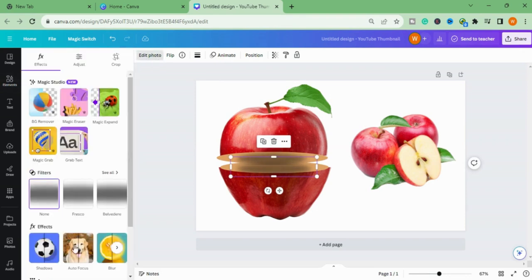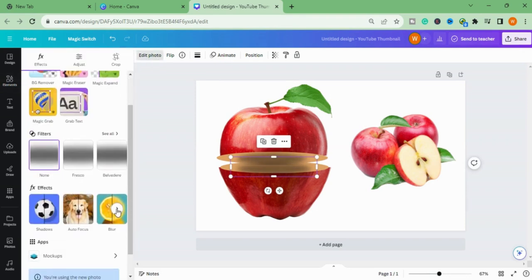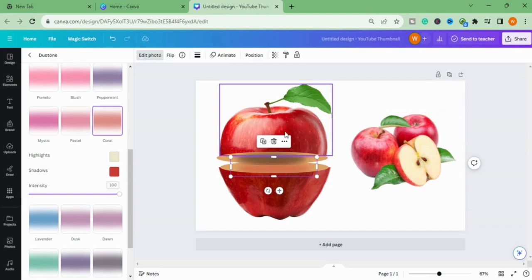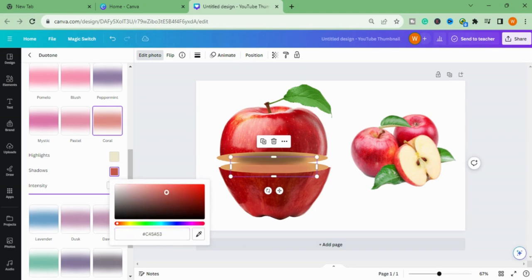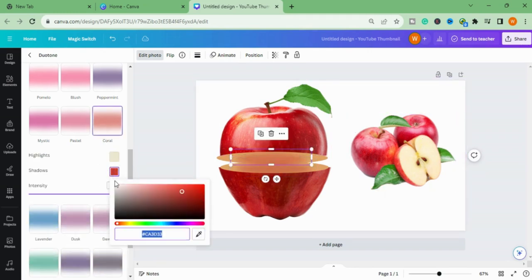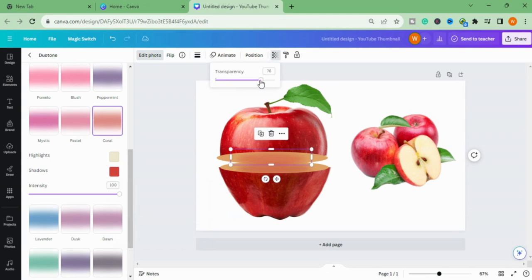I will go to edit photos and here are some options. Dew tone, I will go to the dew tone. I want the colors like an apple shade, also I will choose this one. This is really looking good. Now I will choose this again and change the color. The transparency is